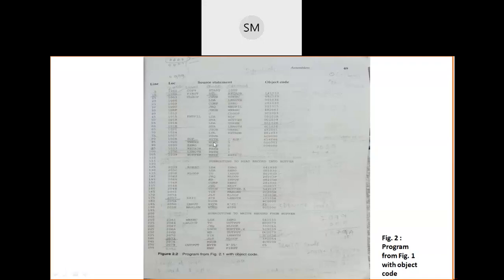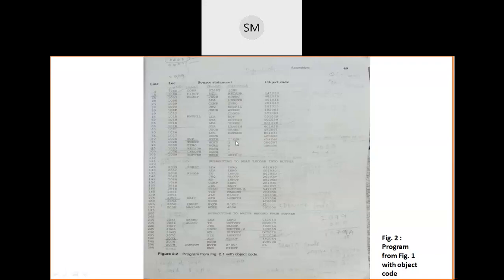Then how to convert it? You don't worry about any instructions here. Just convert EOF into hexadecimal code. E's equivalent hexadecimal code is 45. O's hexadecimal equivalent value is 4F. F's hexadecimal equivalent value is 46.